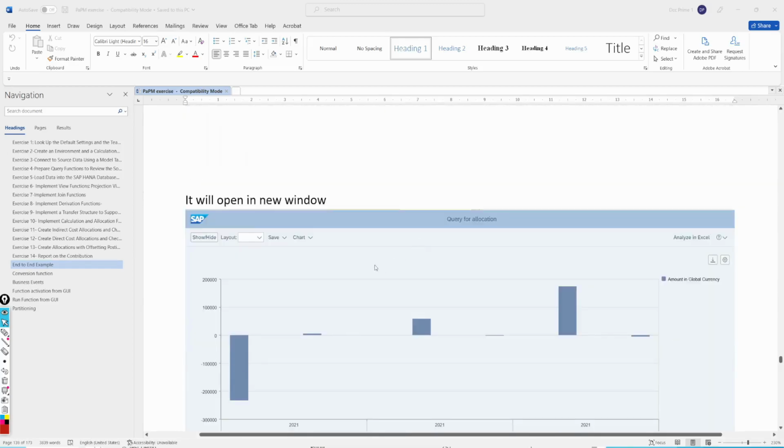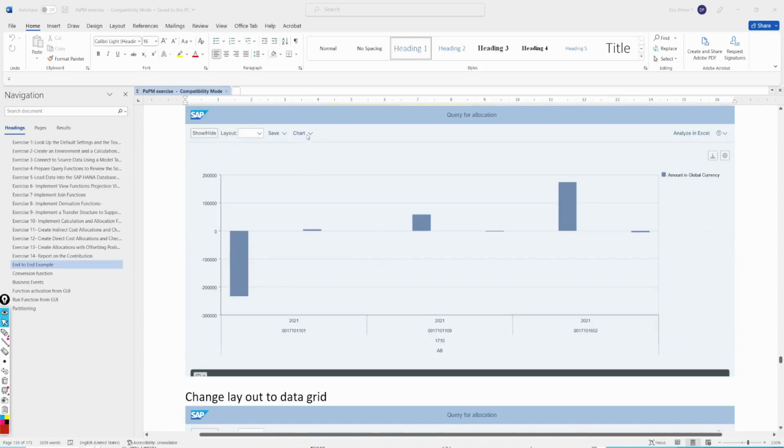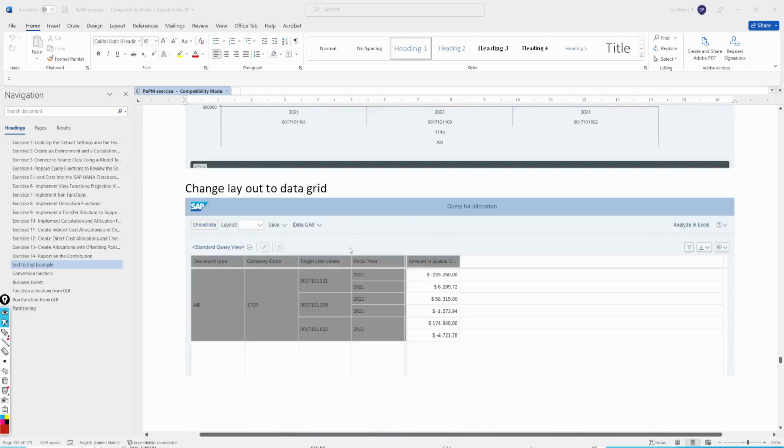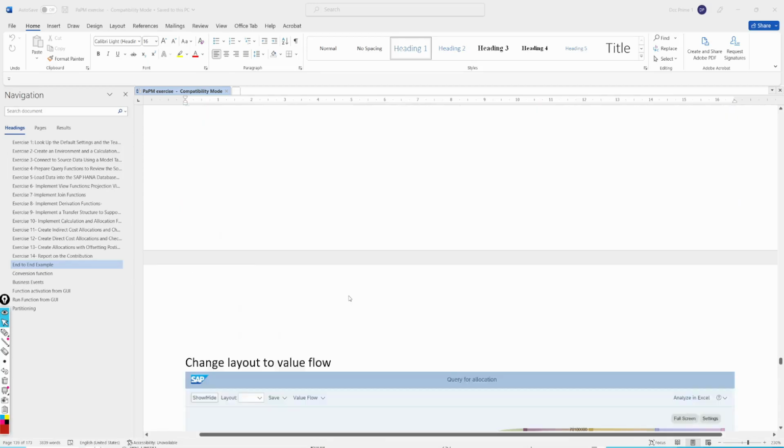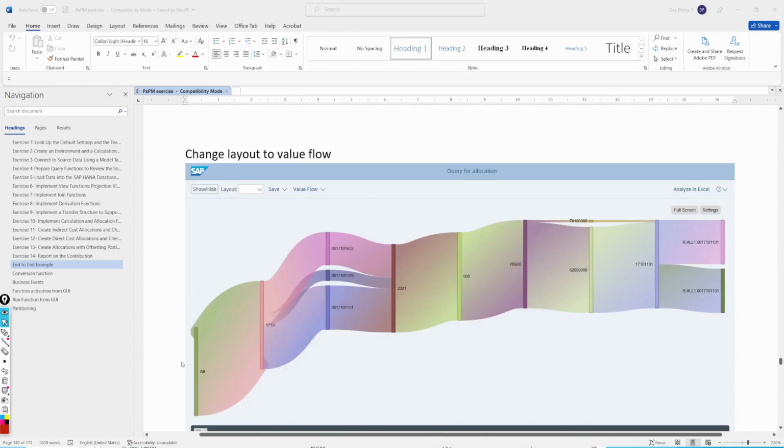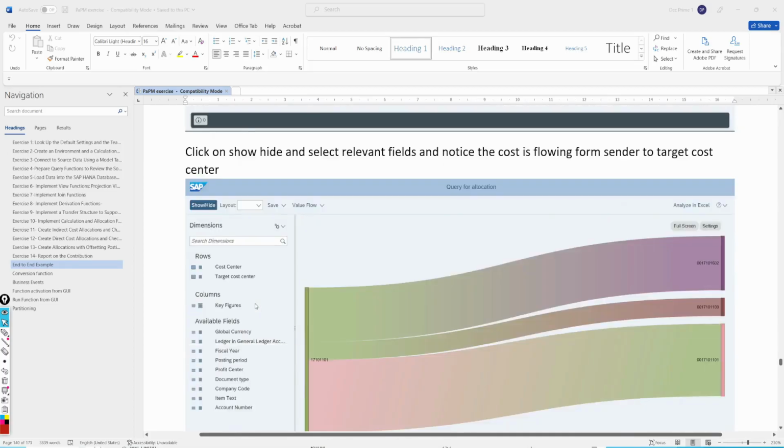When you launch the query, it will show in graphs. You can change the chart to a data grid. It will show in this table format. So once you know this is the data that is correct, then you can see the value flow also, how the value is flowing from each parameter to different parameters here. That we will explain in the training. And then